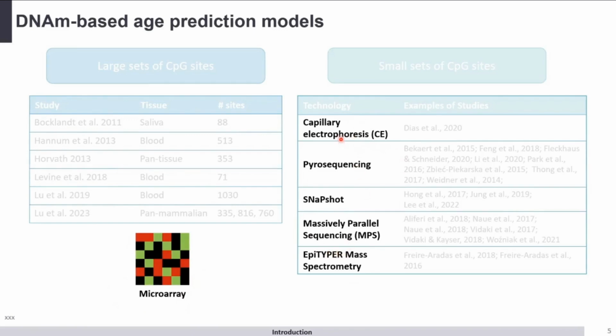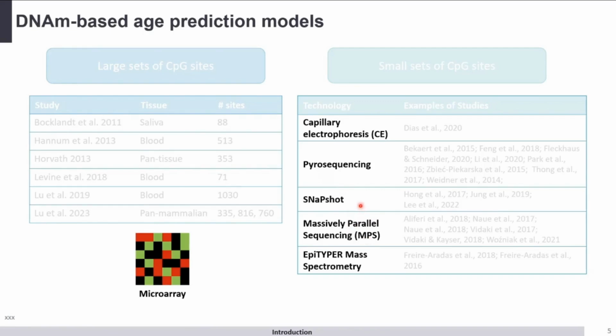Capillary electrophoresis, a traditional technique to analyze DNA fragments, is useful for specific methylation studies, but has lower throughput. Pyrosequencing, an older targeted method to measure methylation at specific loci, offers rapid and reliable results, but is limited in genomic coverage. SNaPshot, also a traditional approach for genotyping and methylation analysis at known sites, is useful for specific targets, but not